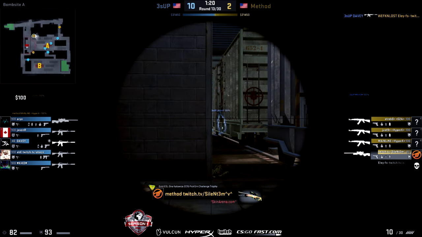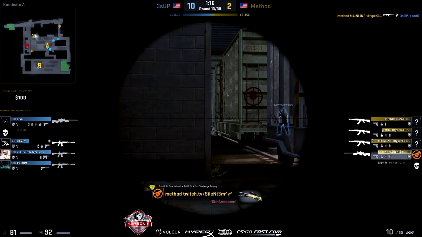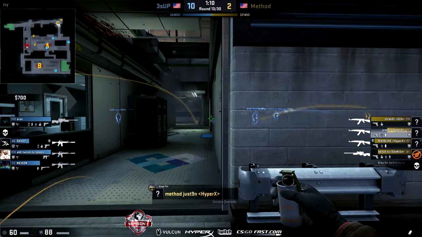How are they letting him do this almost every single time? There's no punishment as well. He doesn't allow one T to work there. Mainline getting a refrag though, so HP advantage now actually favors the terrorists, but they don't have a lot of